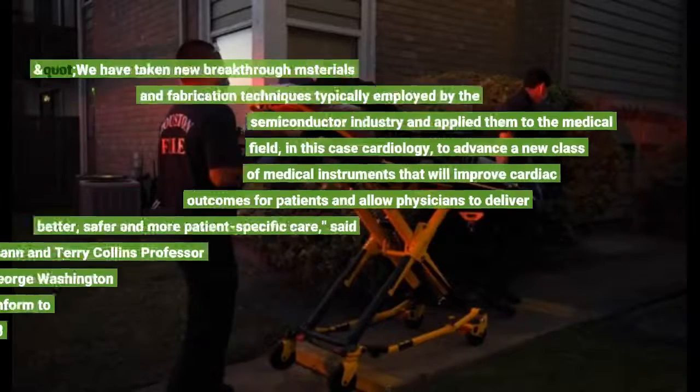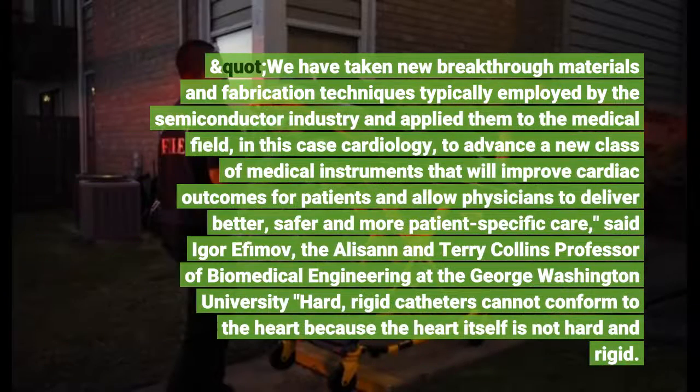We have taken new breakthrough materials and fabrication techniques typically employed by the semiconductor industry and applied them to the medical field, in this case cardiology, to advance a new class of medical instruments that will improve cardiac outcomes for patients and allow physicians to...